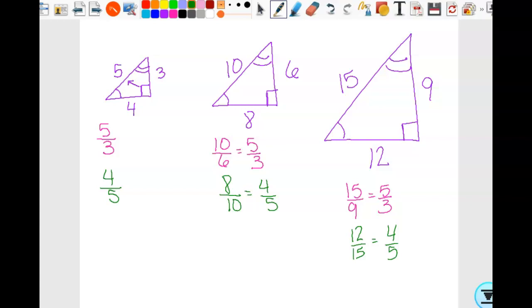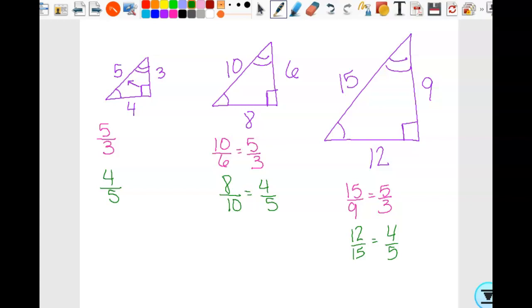What that's saying is, regardless of the size of the triangle, the ratio of the sides gives you a specific number, and it's related to these angles. That's the magic of the calculator, that it will give you the angle measures, okay? So if I found an inverse sine function of this, it would give me whatever the angle measure is of whichever one I'm trying to find, okay? So that's how the trig ratios are different than similarity ratios. They are ratios among one triangle, okay?